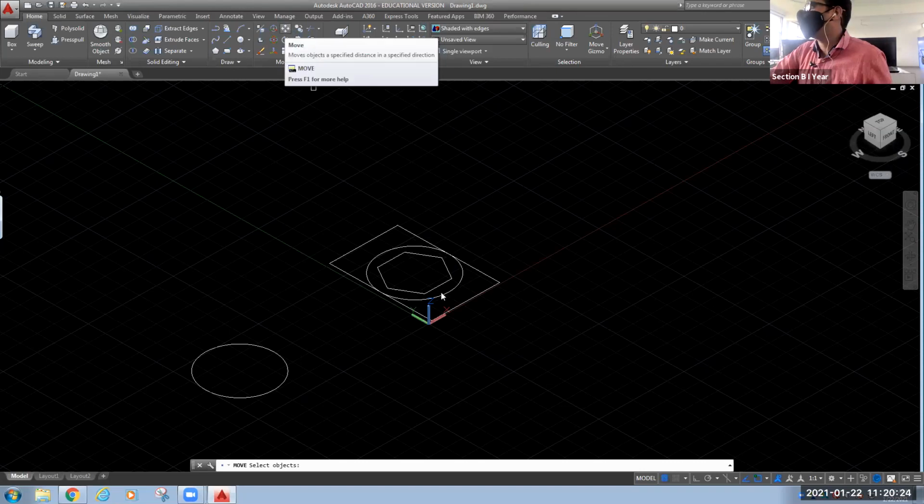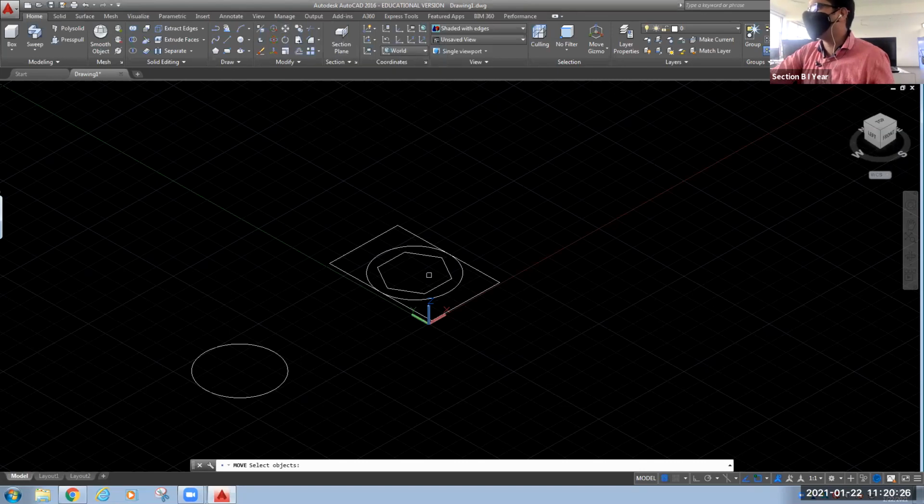So once you click on this move command, select the object which you want to move, press enter. Now it will ask you to specify the base point. Definitely we will be looking to move it through the center location. Okay.